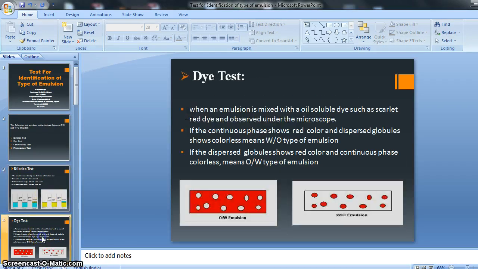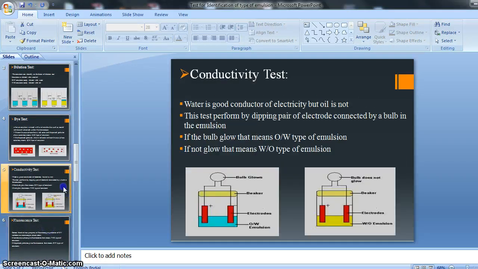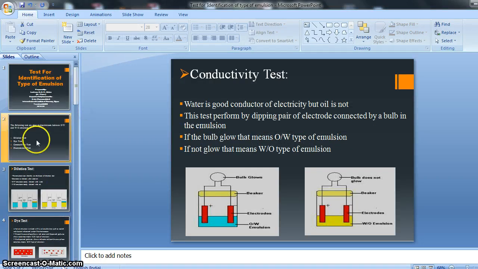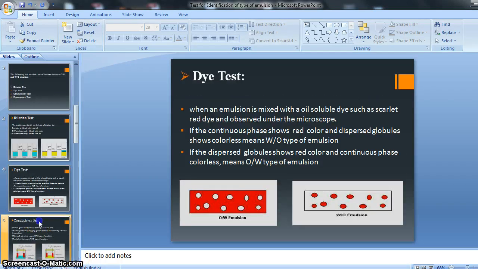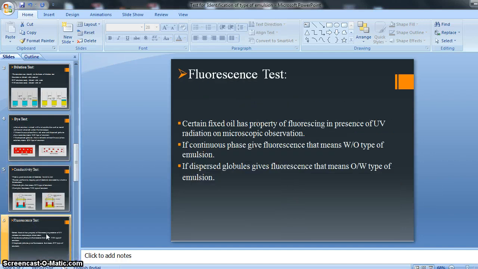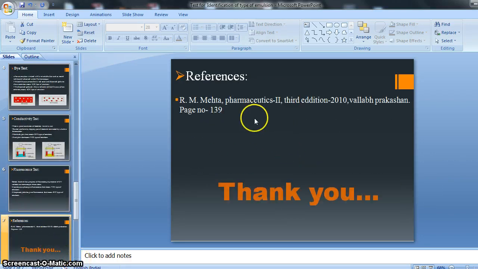Have a look at the slide. I took all this information from this reference, and we will see it later.